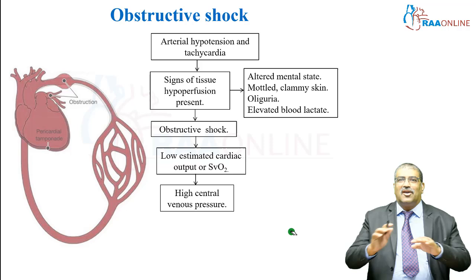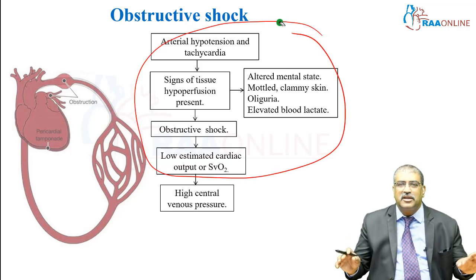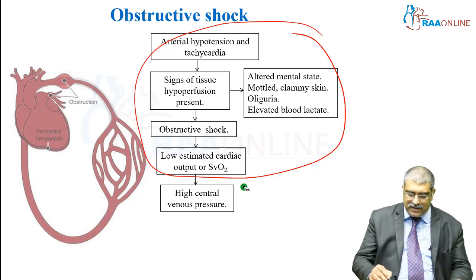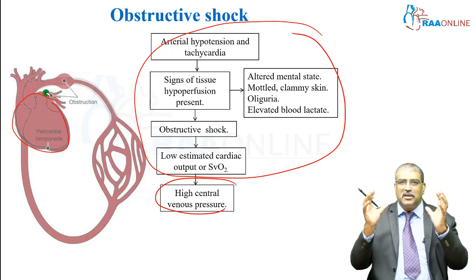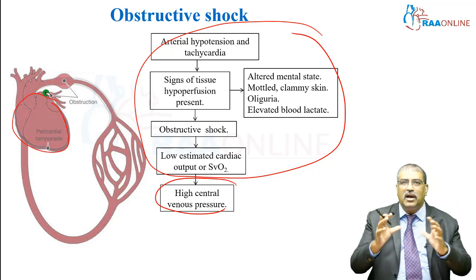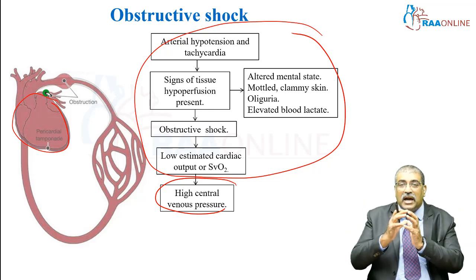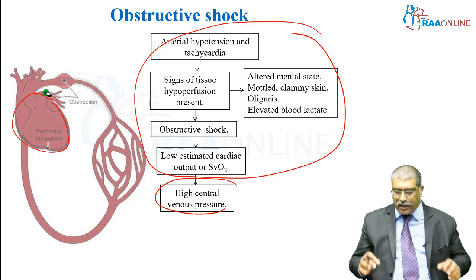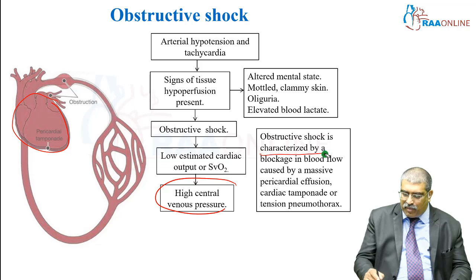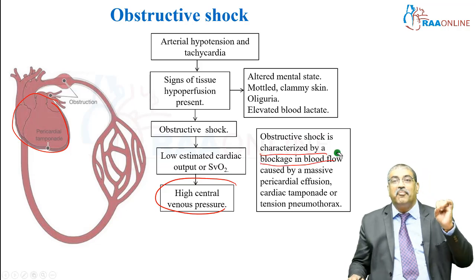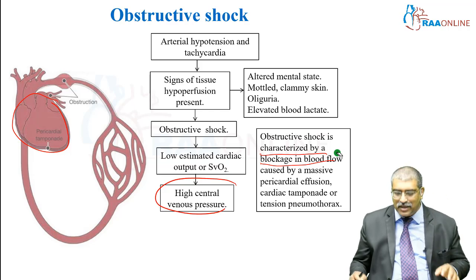Here almost all the clinical features are very similar to other types of shock, but here there is obstruction and there is high central venous pressure. The heart is compressed by fluid or air. Your thoracic cavity is engulfed by air or fluid, so that the heart cannot expand and give adequate cardiac output. Here it is characterized by a blockage in blood flow caused by massive pericardial effusion, cardiac tamponade or tension